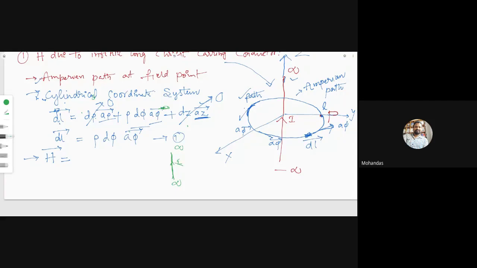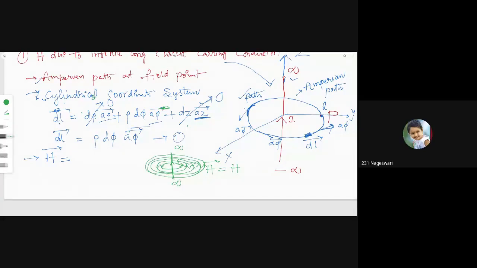So almost everything is the same. See this. Before applying Ampere's circuital law, you should know the direction of the magnetic field intensity. The magnetic flux lines exist in this direction, so H exists in this direction. H is a vector, which has both magnitude and direction. Can you guess the unit vector, imagining the cylindrical coordinate system? Which unit vector represents the direction of these lines?